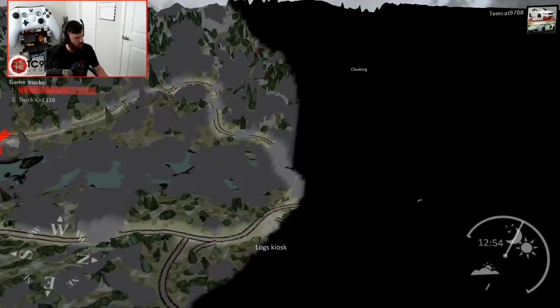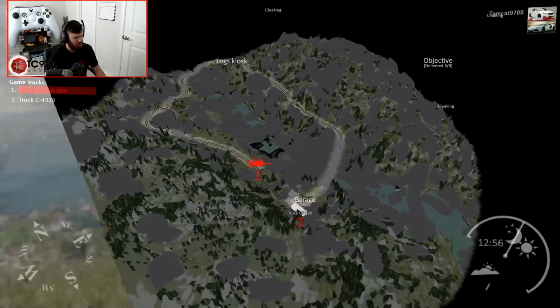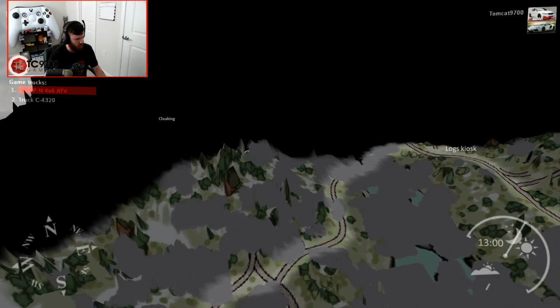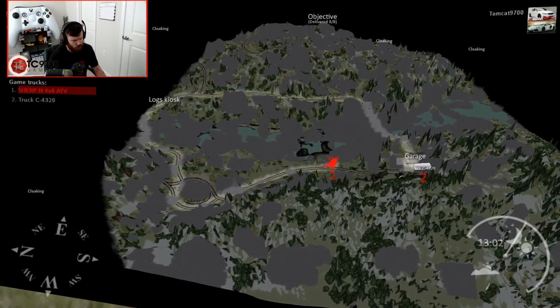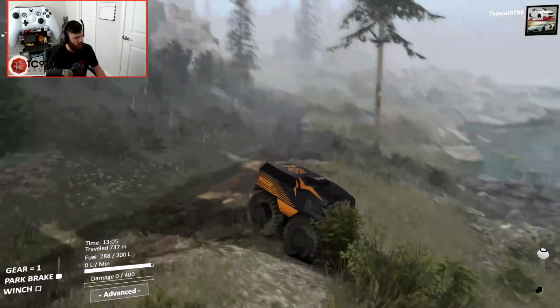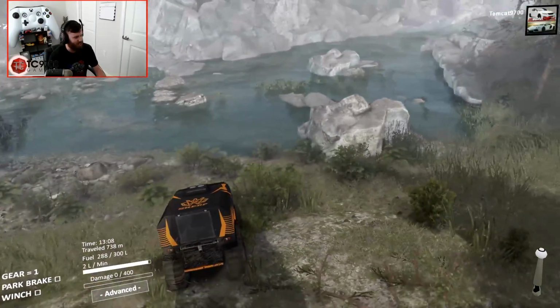All right, I'm going to put the parking brake on real quick, check the map. Look at this landscape. It's all rock. And this is like a weird crossroads thing, but the road just goes right into the rocks right there. We got the logs kiosk over there, and we've also got this C4320 down here. I think I'm going to circle around, go back up on the bridge, and then, well, no, we could actually